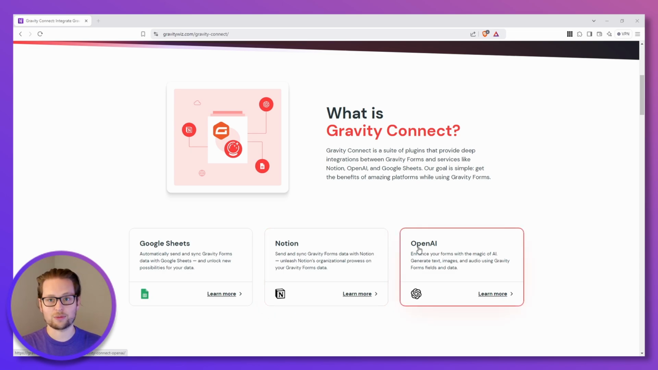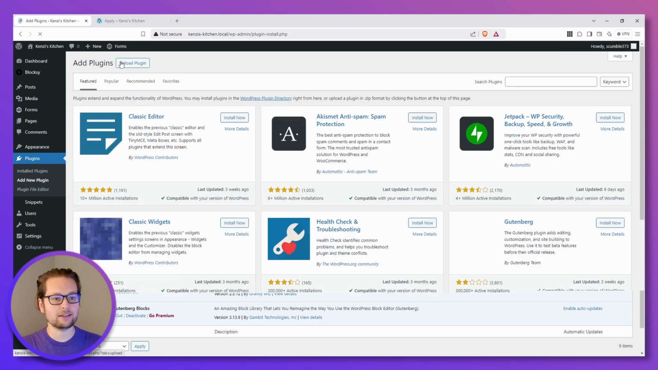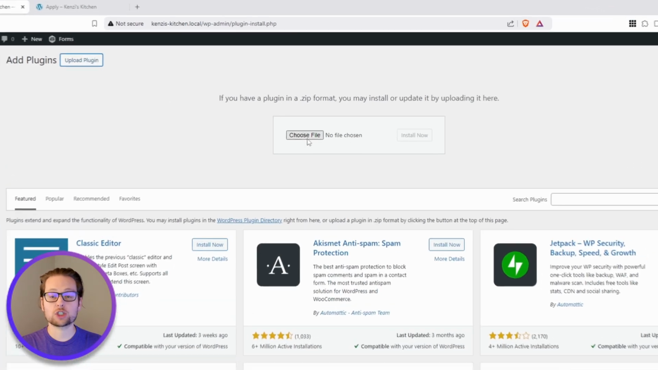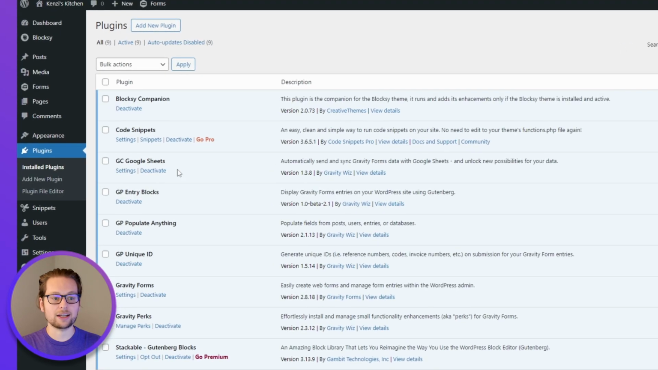of your Gravity Forms. With that being said, the first thing you have to do is go to the My Downloads page of your GravityWiz account and make sure you download the zip folder for Gravity Connect Google Sheets. Once that's done, we can head to our WordPress dashboard and head to Plugins on the left. Then we can click Add New Plugin and Upload Plugin, and here's where you'll drop that zip folder. Once you've installed and activated the plugin, you should see it here on your plugins list, and now we're ready